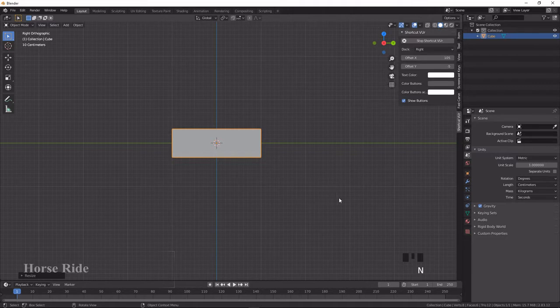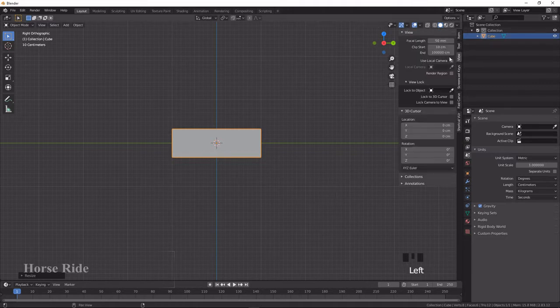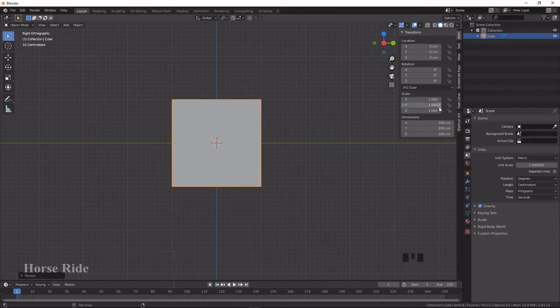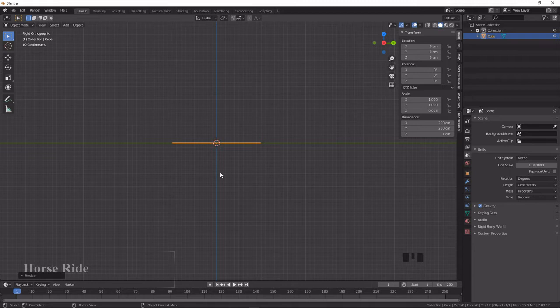Press N on the keyboard and open the menu. Go to Item. In Z you can reduce the size of the cube. I make it 1, not scale, here centimeter. So I make it 1 centimeter in the Z axis,